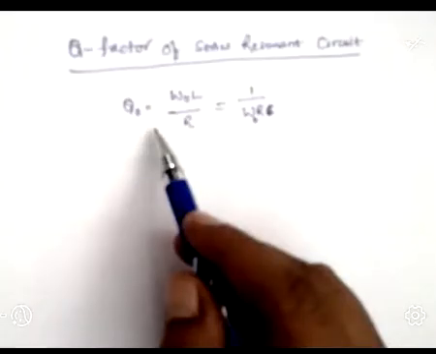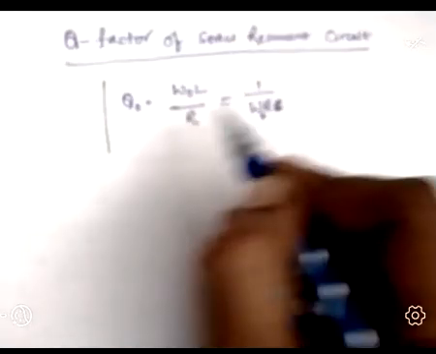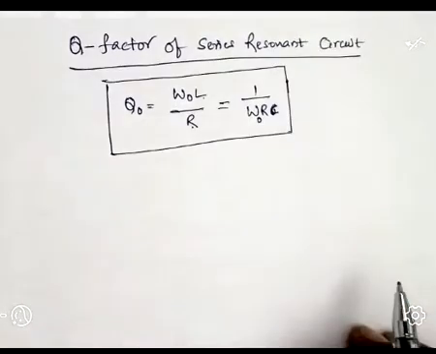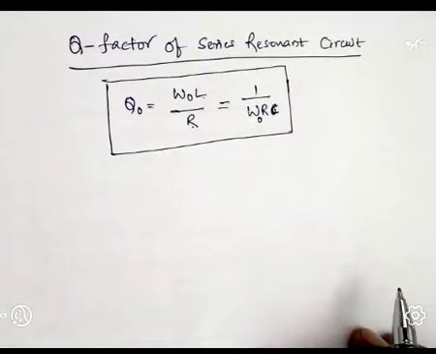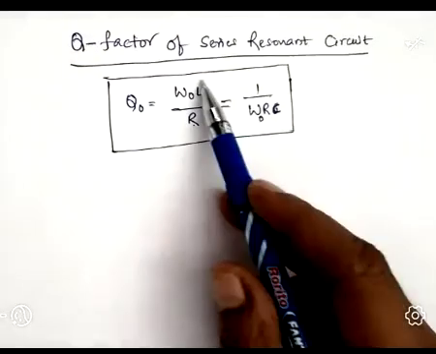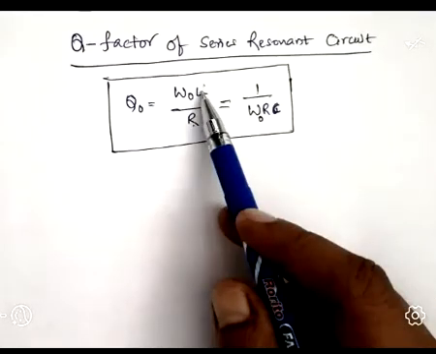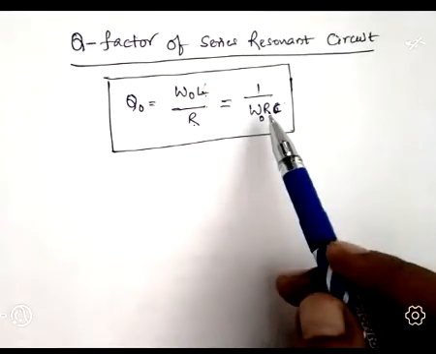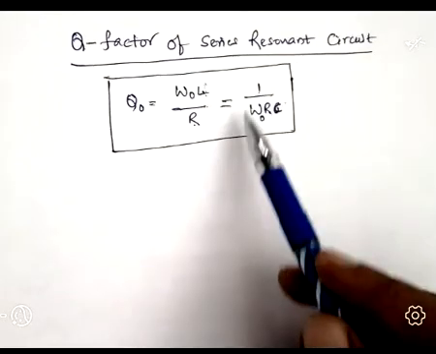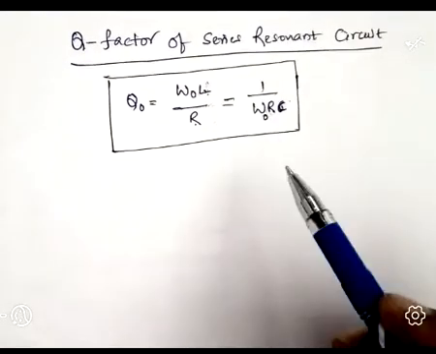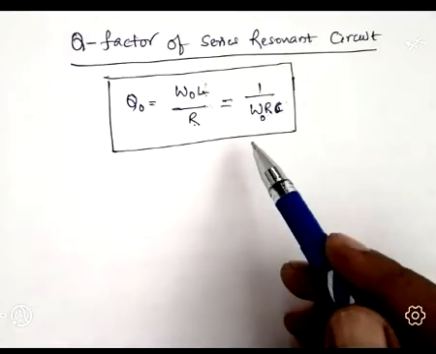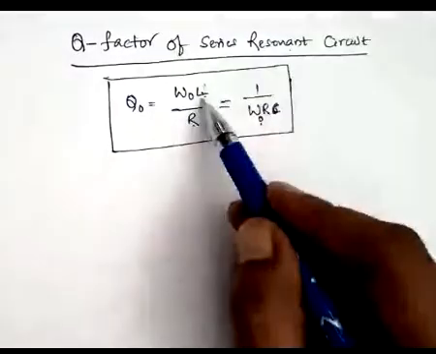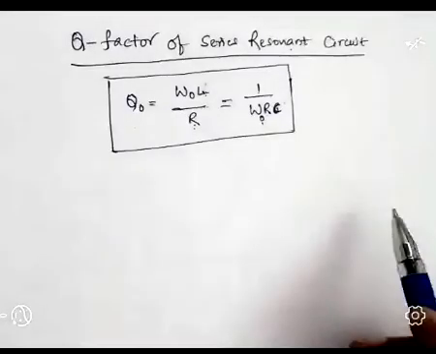So once again I'm going to repeat, the quality factor or figure of merit for the series resonant circuit, if you are discussing this point, we have to remember at resonance the magnitude of the reactance of inductor is same as that of capacitor. Hence, energy stored by both the elements remains same. So because of that reason, we are writing the quality factor or figure of merit of the series resonant circuit as Q naught equal to omega naught L by R, that is equal to 1 divided by omega naught RC.